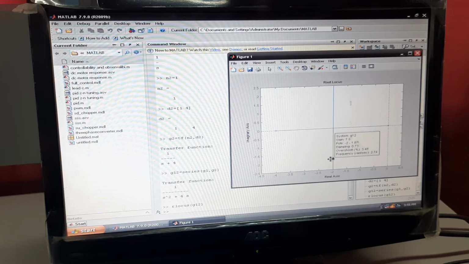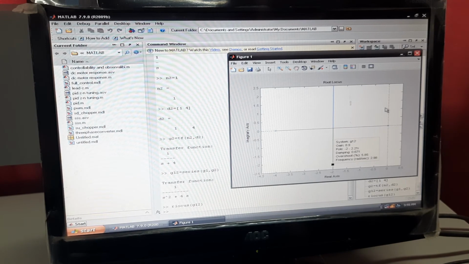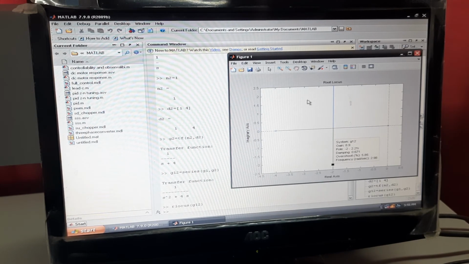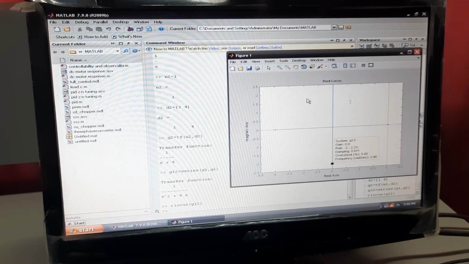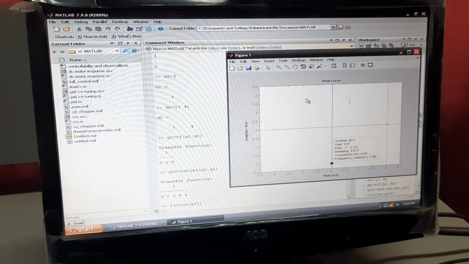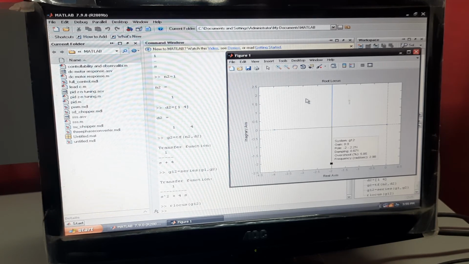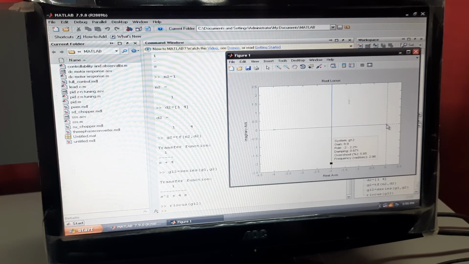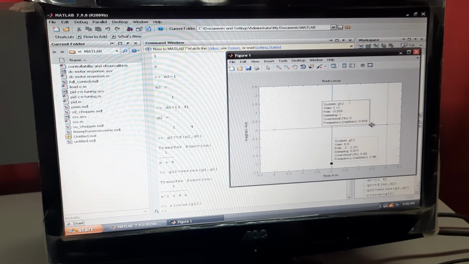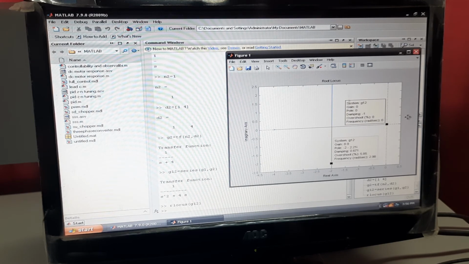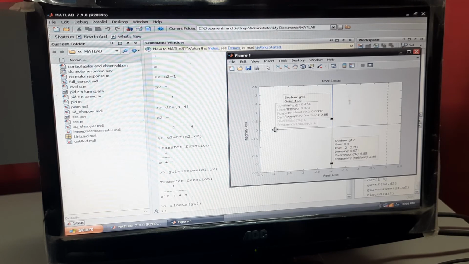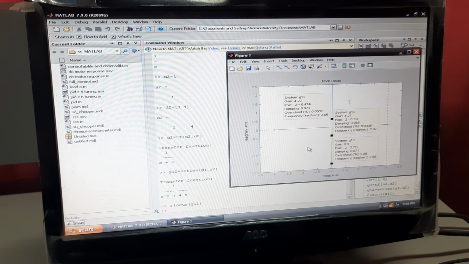So two roots are propagating in different directions. But we know that if all the roots propagate in the negative side of the S-plane, in that case the system will be absolutely stable. You see, for all values of k, both the roots are negative and traverse the negative direction only. It is not going to the positive side. For this case also, this root is coming in the negative direction. So it shows that it is a stable system.